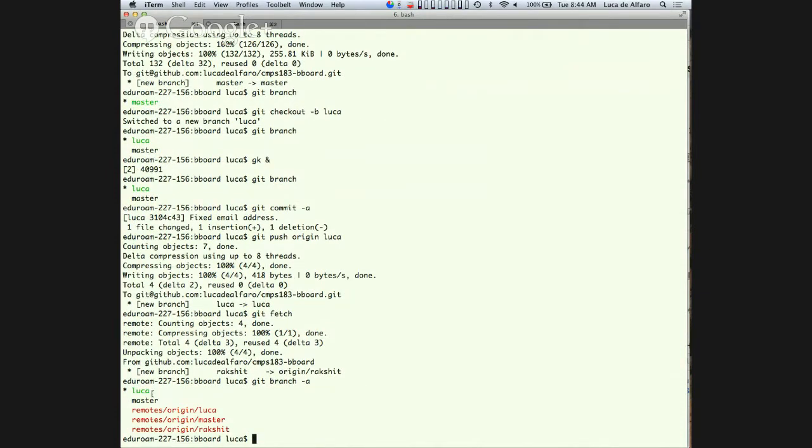I have a Luca branch, a master branch, and then I have remote origin Luca, remote origin master, remote origin rack sheet. These are branches that I don't have a copy of in my directory. These are essentially things that get fetched from other places, and I can go examine them if I want. But the change that he did is so far kept separate from my changes. My changes are totally unaffected so far.